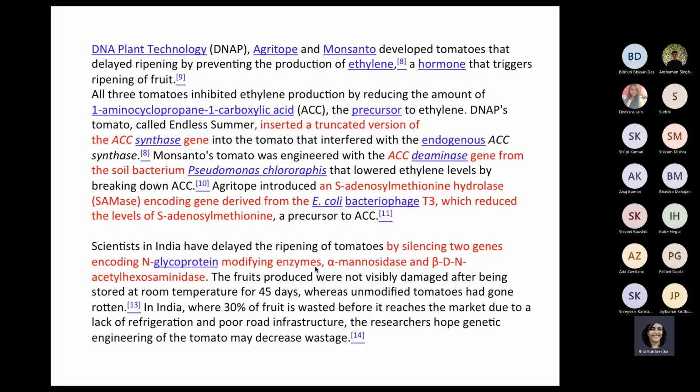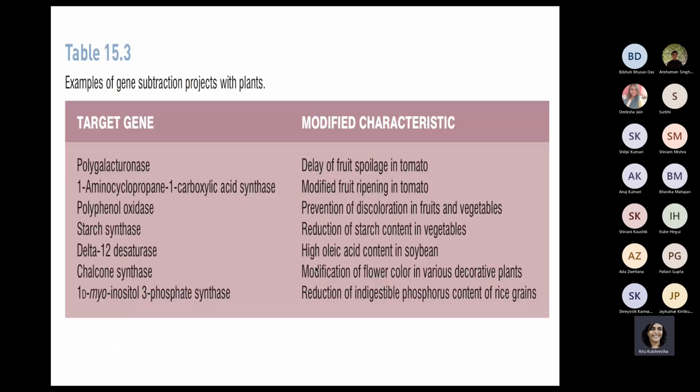So they have not yet been able to get a completely blue rose, but they have at least achieved the mauve color. So just read that strategy to appreciate the fact that to get a particular phenotype, all these different strategies are used. Okay, so these are gene subtraction or gene inhibition approaches. You need to know which gene expression has to be downregulated to get a particular character, and so many